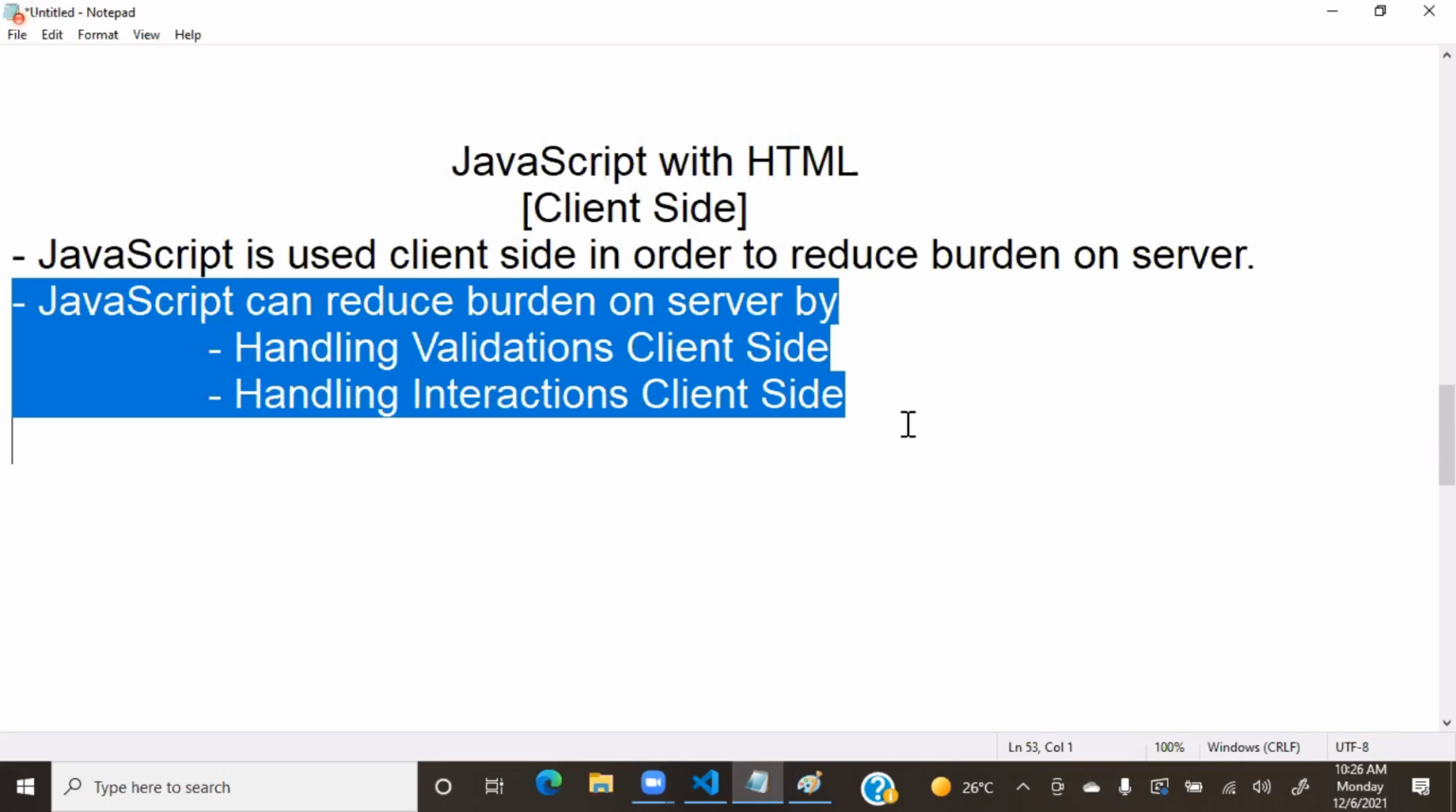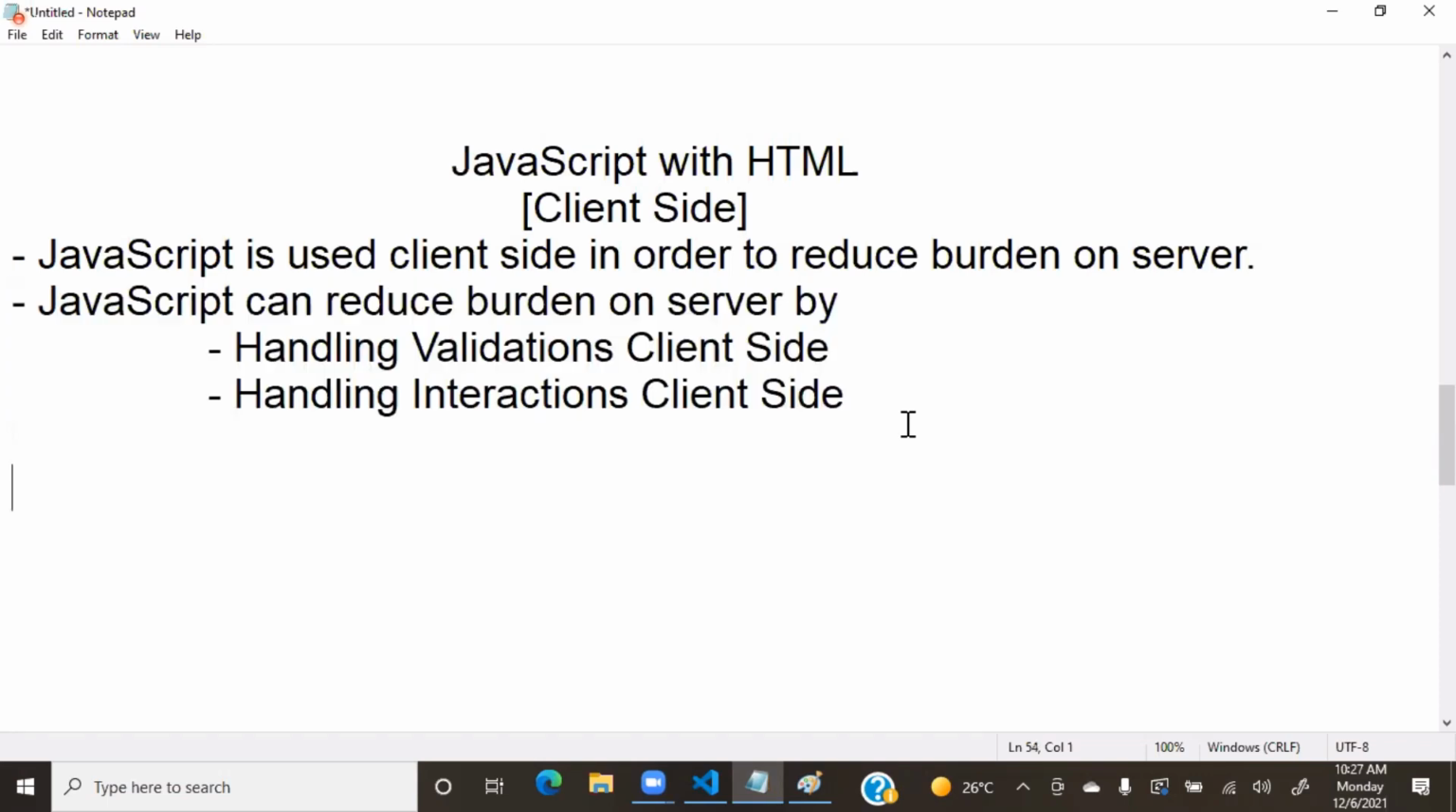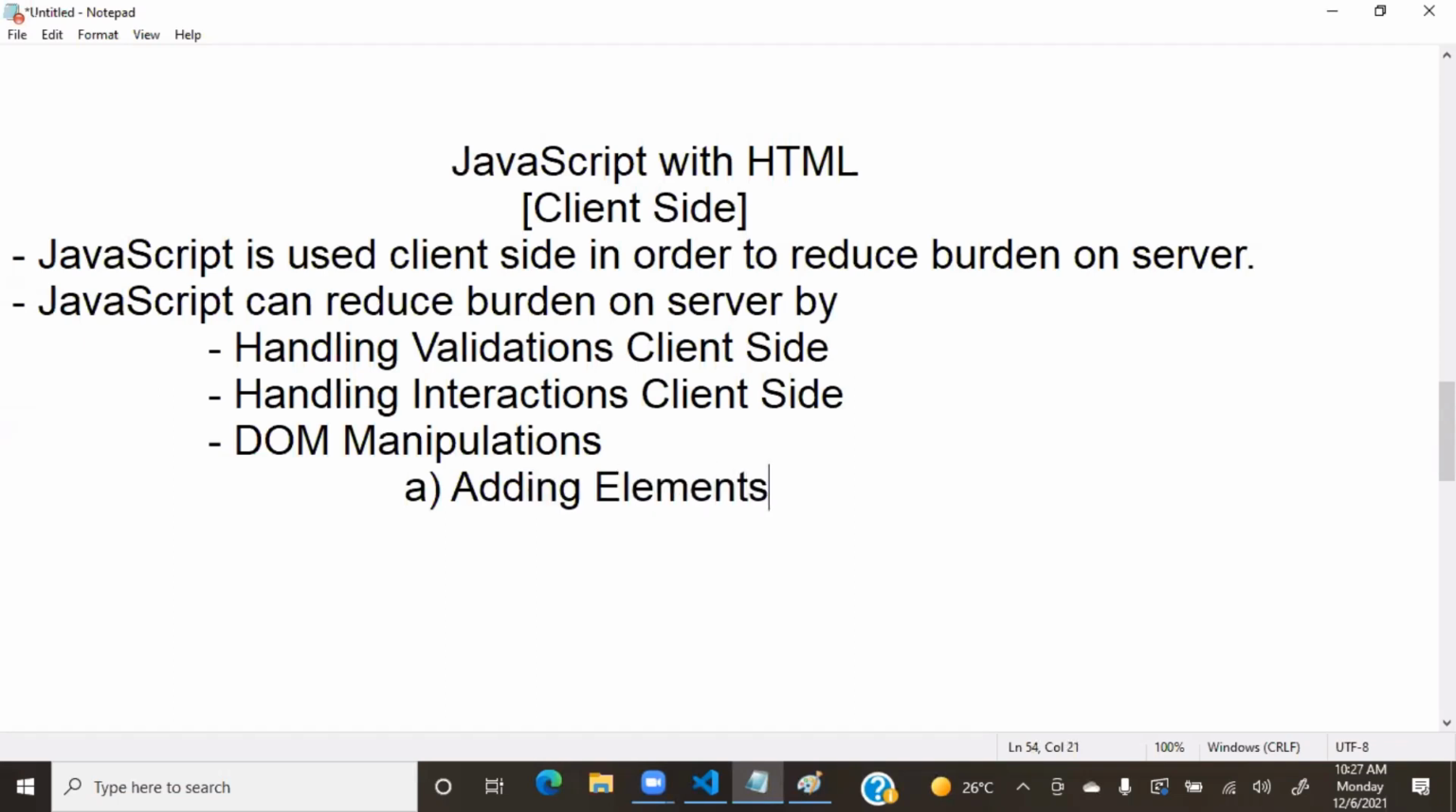And client-side, when we are using JavaScript, one of the roles of JavaScript is validations. JavaScript's entire role is not only validations. It will do a lot of other things also. Right? One of the works JavaScript is regularly used for is validations and client-side interactions. And not only that, it will handle a lot of DOM manipulations. DOM manipulations means what? DOM manipulations are nothing but adding elements, removing elements,